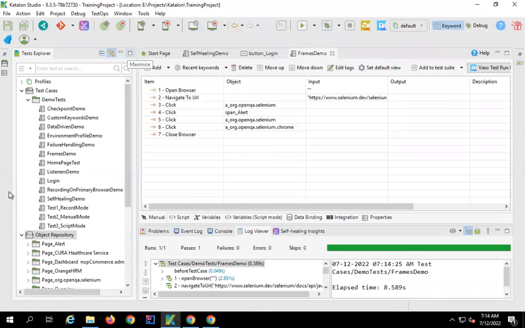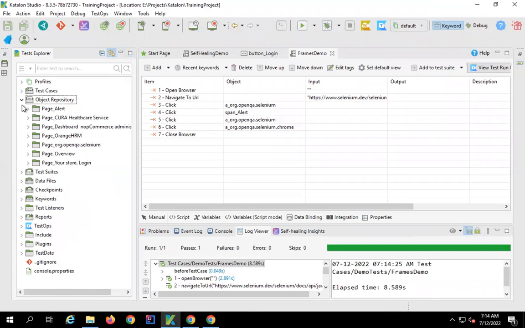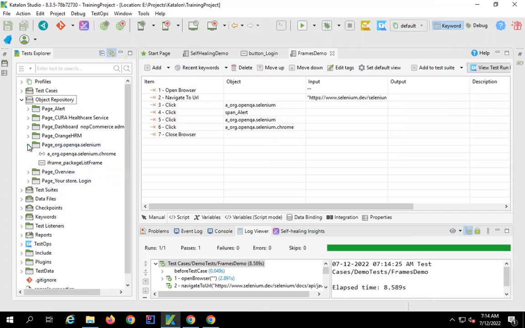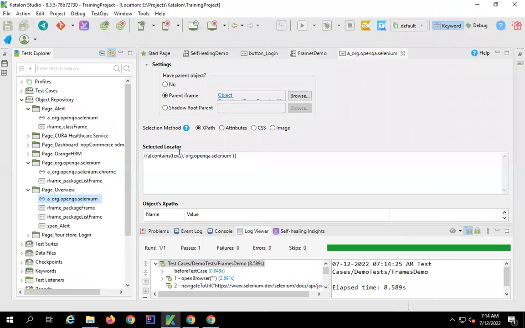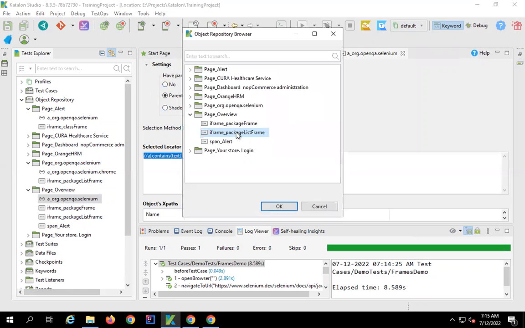So how did this happen? Let us check the objects. I will go to the object repository and let us see these objects. So these are the objects which got recorded. And if you see, these are the actual objects, that is the link. And these objects have a parent iframe. And this parent is also recorded. So if I browse, you can see this is also recorded here. This is here